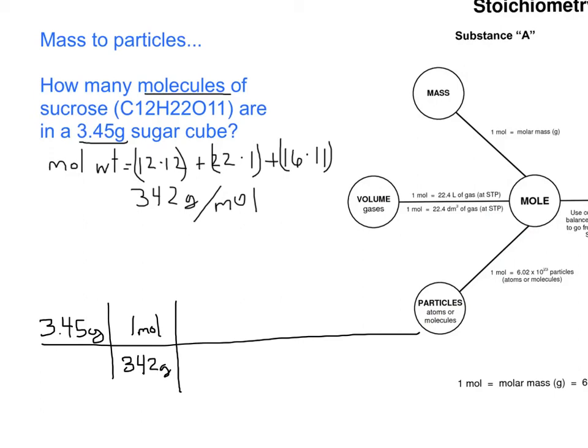you can continue on. Now we are here in our conversion, and we still need to get here. So the next step is to go from moles to particles. So now we know 1 mole is equal to 6.02 times 10 to the 23rd molecules. I'm going to put the mole on the bottom now because I want to lose that unit. And I'm going to put Avogadro's number, 6.02 times 10 to the 23rd. And our unit is